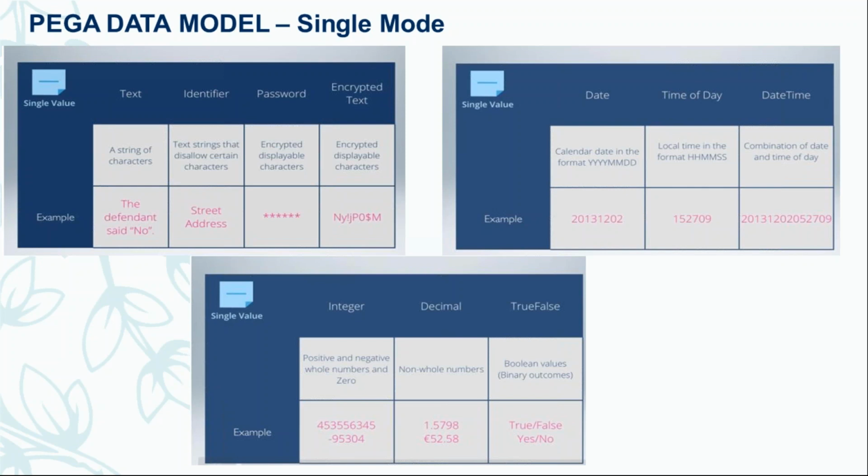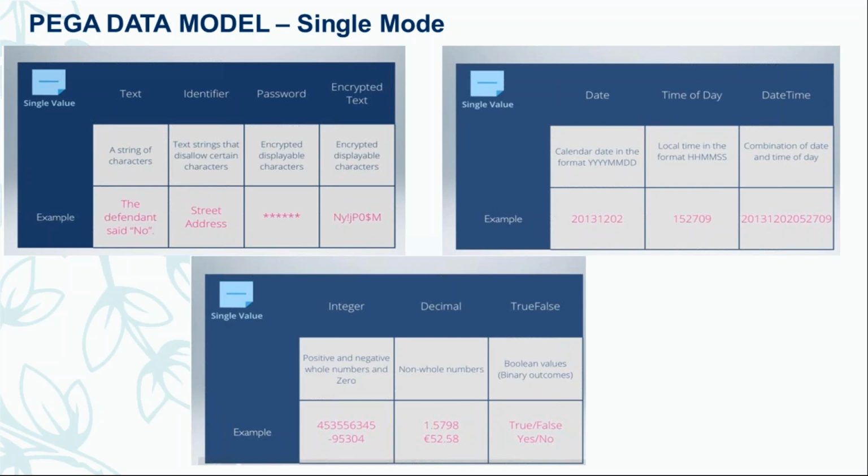If you say employee, in employee we have first name, last name, manager, and all the details we are clubbing in a single data object. That we call page mode. In page mode we have 3 different types: page, page group, and page list. The difference between these 3 is that page is a single page. For a single employee, we get all the details.